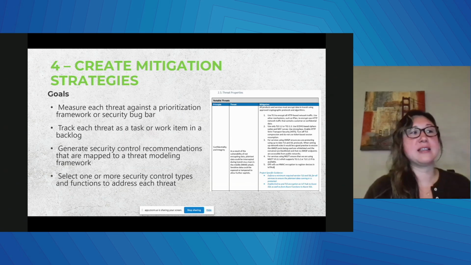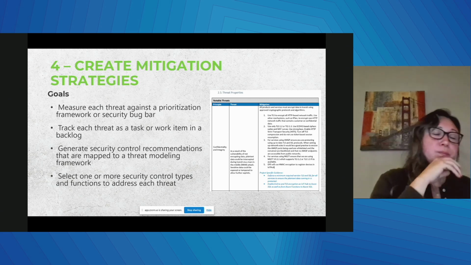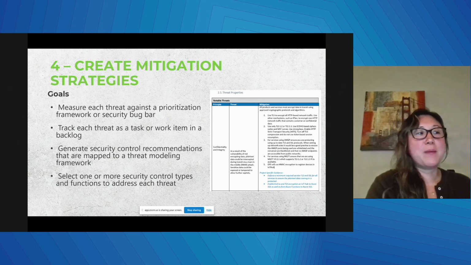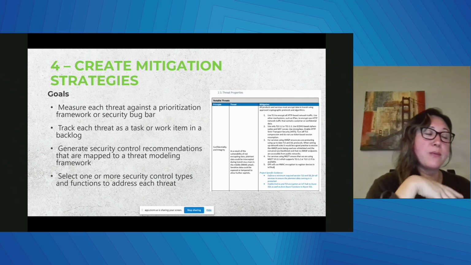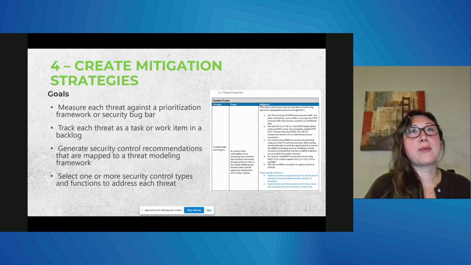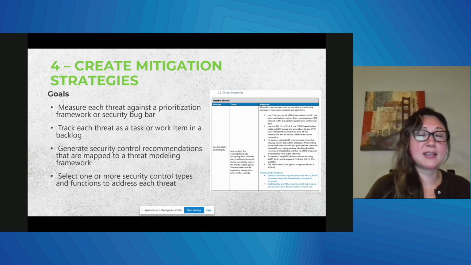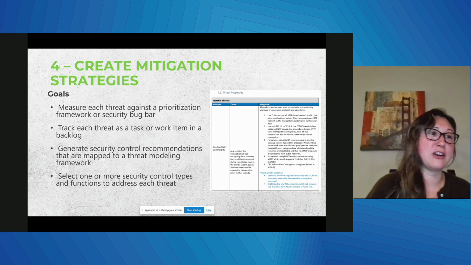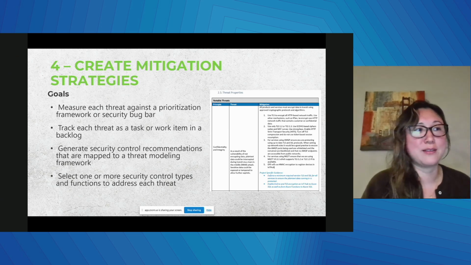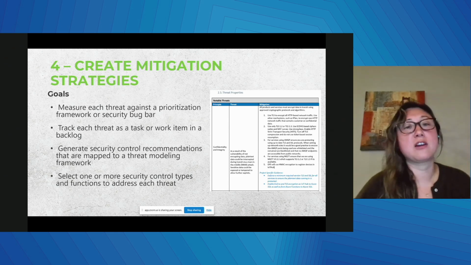All right, so number 4 here is the phase essentially where all the threats are decided. Each threat modeling framework should map to a security control within your environment, which offer different functions and types to choose from. We like to use at Microsoft this framework called the Microsoft Cloud Security Benchmark, MCSB. It also is created with a lot of great frameworks like NIST and whatnot in mind. So that's one that I use near and dear to my heart because I work a lot in Azure. Depending on what you use, there's tons and tons of ways to create these mitigation strategies out there and map them towards what you need in your companies.